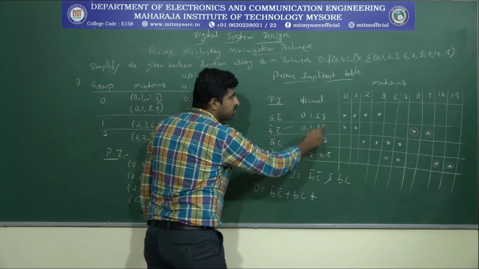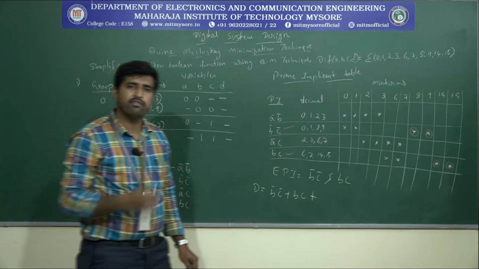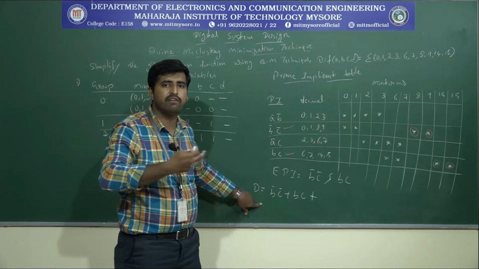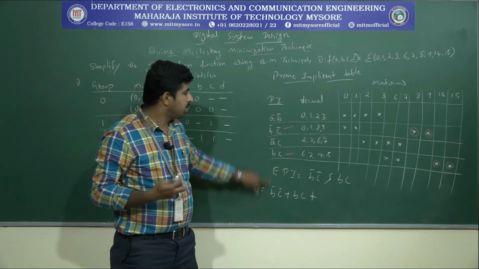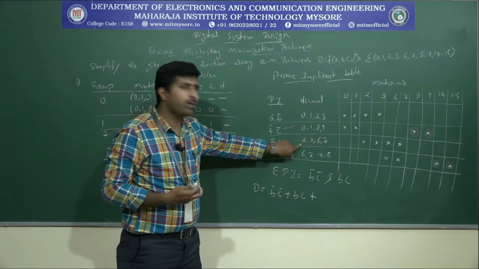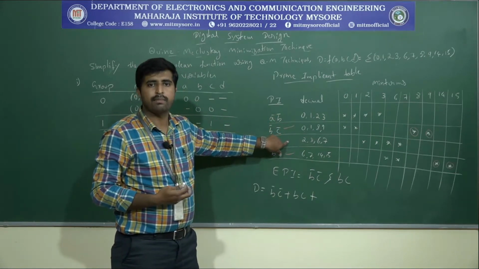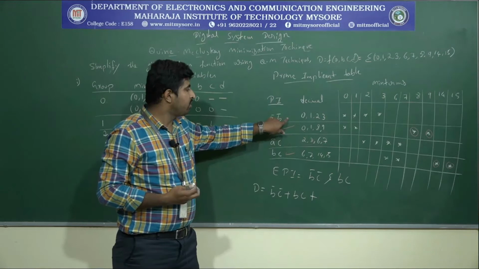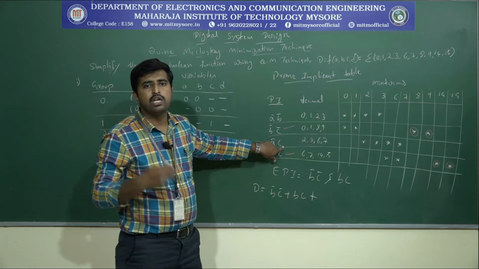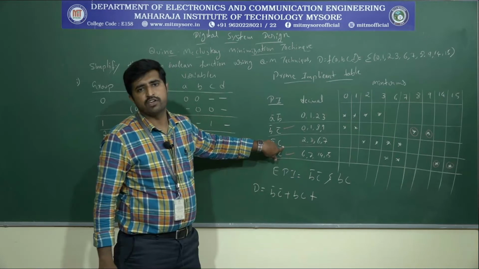If all the minterms which are given are covered by the essential prime implicants, only those will form the simplified expression. If it is not covered, then we need to include whichever prime implicant covers the left out minterms. The left out minterms 2, 3 are covered by both prime implicants, so we can include this one or this one. Both solutions are the same and give logically the same output. That's why we have two logical output functions.